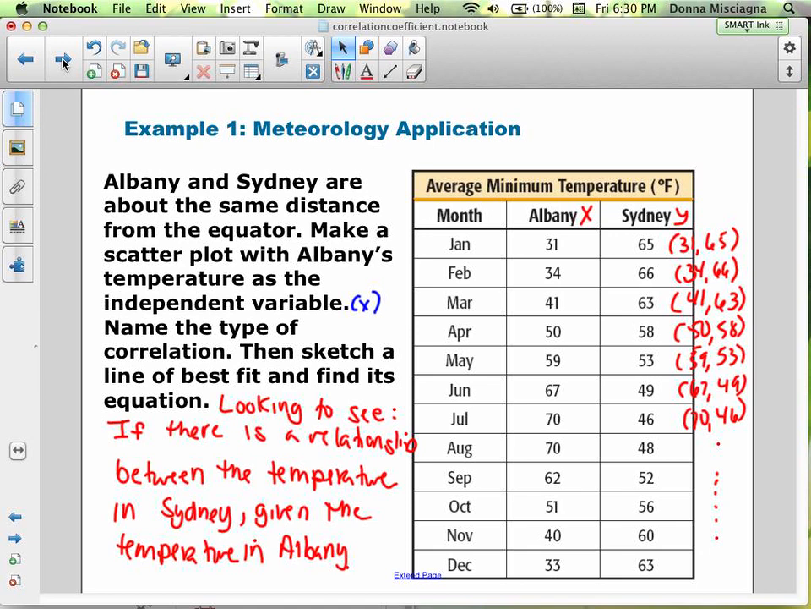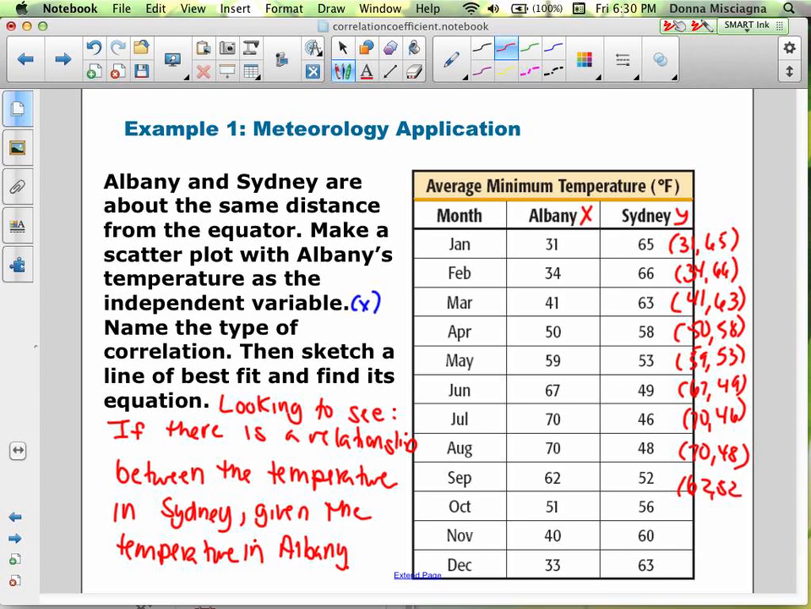All right, so we're looking to see if there's a relationship between the temperature in Sydney given the temperature in Albany. So since Albany is going to be our independent variable, Sydney is the dependent variable. So the points that we're going to be graphing are Albany as the x, and Sydney's temperature is the y. So 30, 65, 34, 66, and 41, I may as well write the rest of these down here: 41, 63, 50, 58, 59, 53, 67, 49, 70, 46, 70, 48,